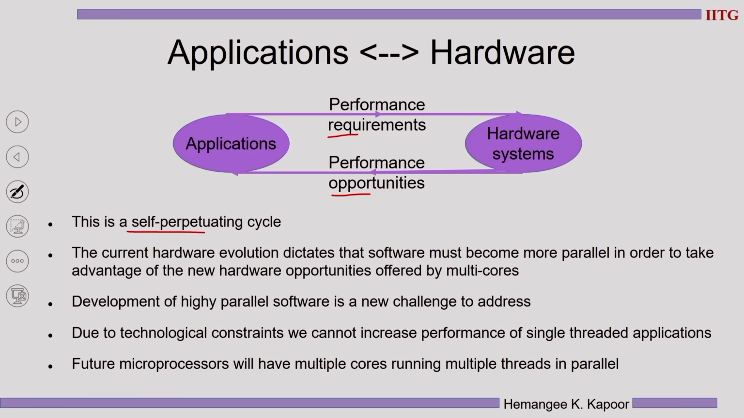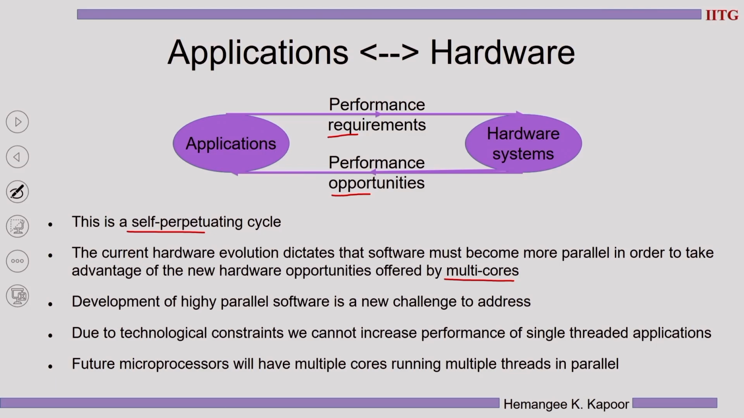Next, we are going to see the reasons behind the multi-core revolution. However, I'll just point out a few things: the current hardware evolution is dictating that the software should become parallel because of the emergence of multi-cores. Now that we have multi-cores, to take benefit of this hardware, the software should be able to utilize these multiple cores which are available. So what does this mean? The software has to become parallel. It should be able to give work to all these available cores so that the overall system performance will improve,